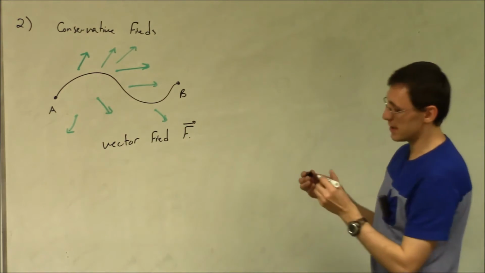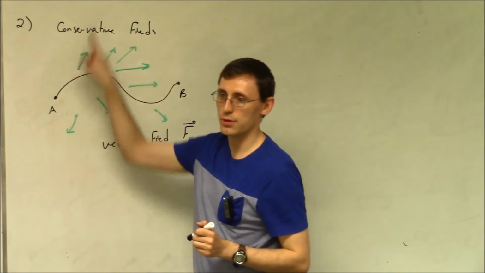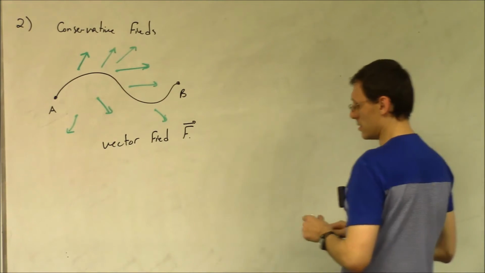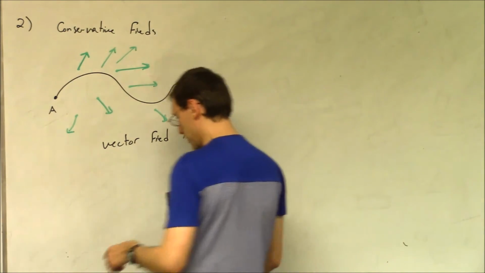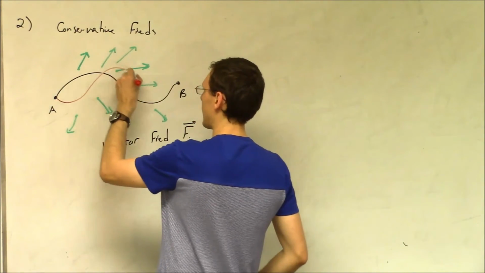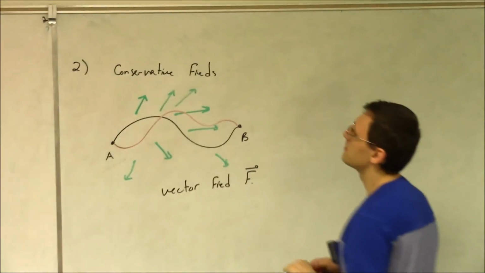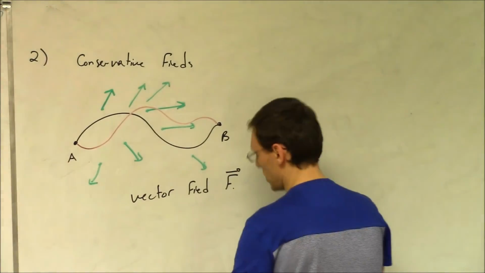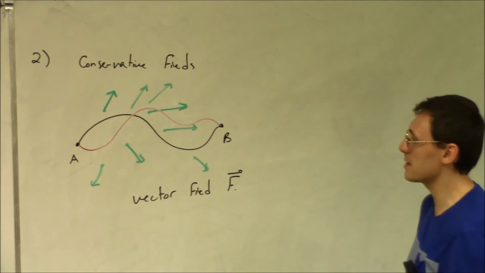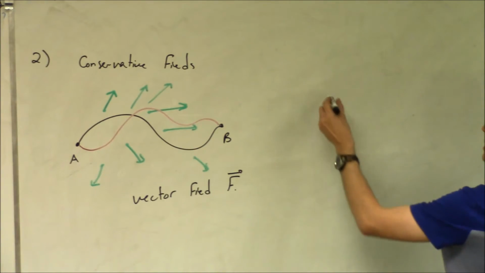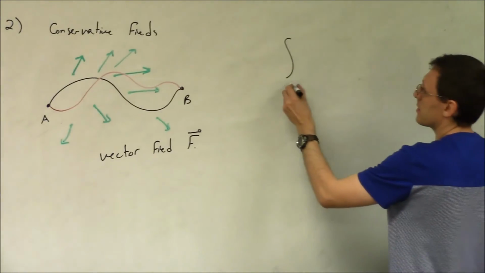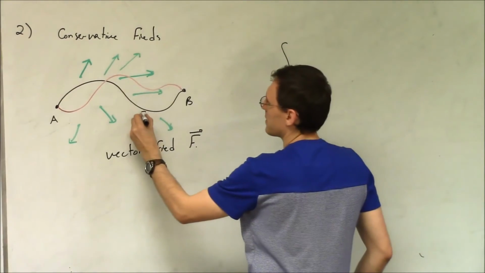So a vector field, what is it doing? It's really just that at any given point (x, y), there is a force, right? There is a force pulling the particle somewhere, okay? And the particle is moving along this path. So the question is, if I select another path from A to B, let's say here's another path, we consider integrals over the path. We want to consider the work done by the force as the particle travels on this path from A to B. So let's call this black path sigma 1.